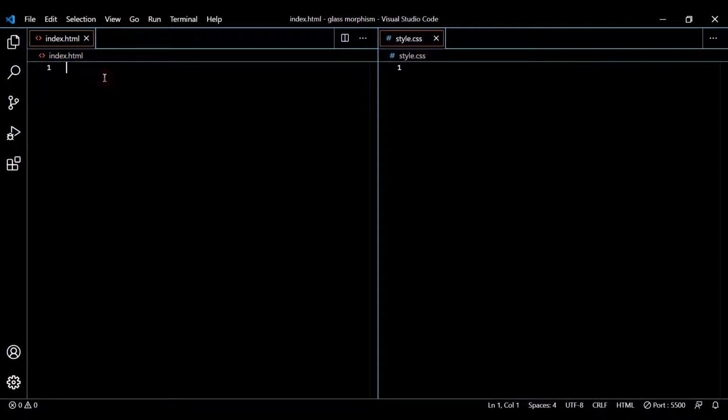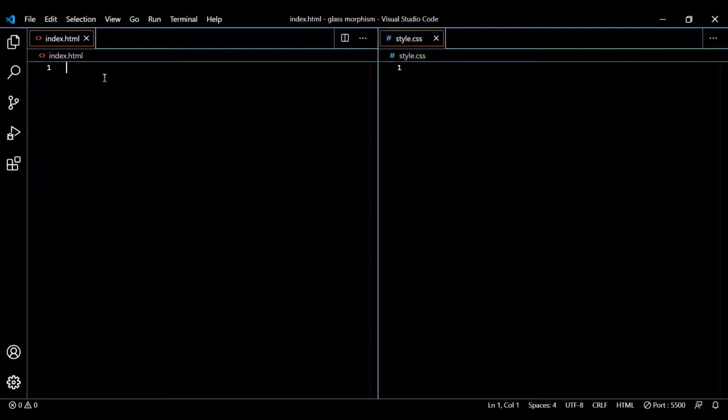So here we have created the files, and JavaScript is not needed. We can do it with regular HTML and CSS. You can also use Sass, but Sass is also not needed because we are not going to use any type of nesting or something like that. There will be 2 or 3 styling statements.